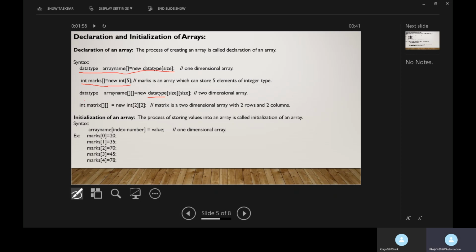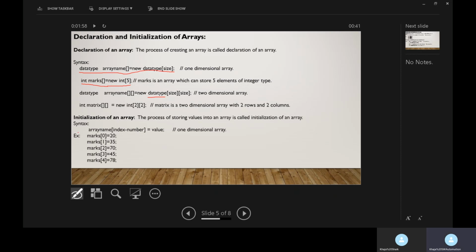Here matrix is a two-dimensional array which contains integer values in the form of 2 rows and 2 columns.